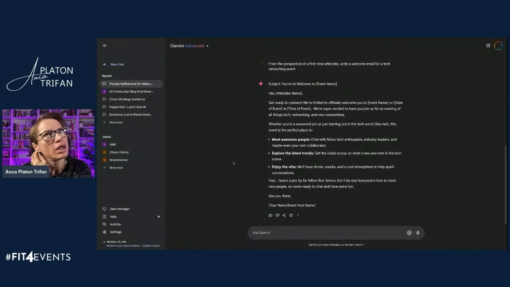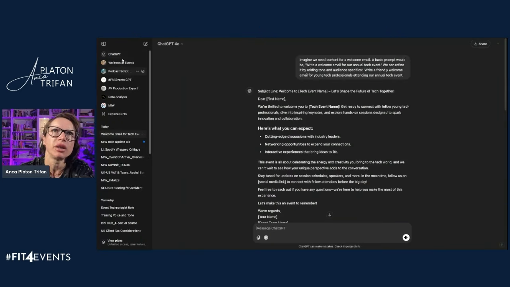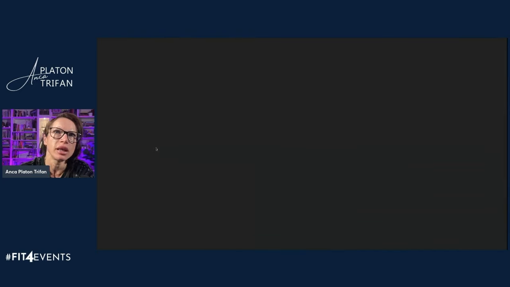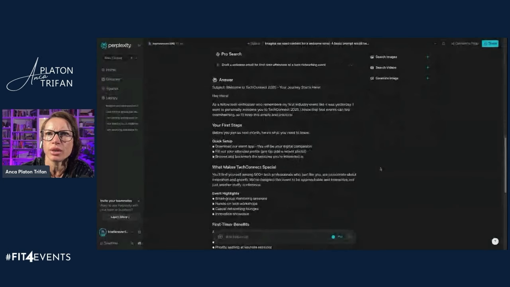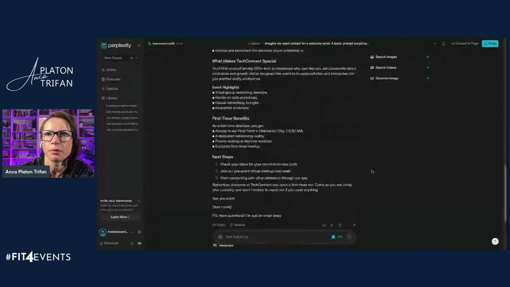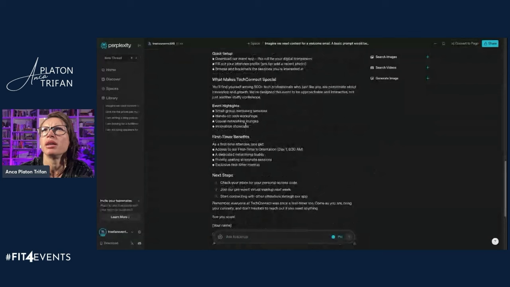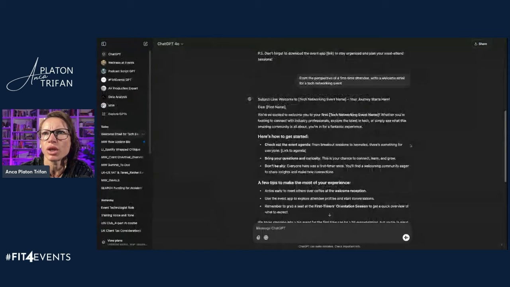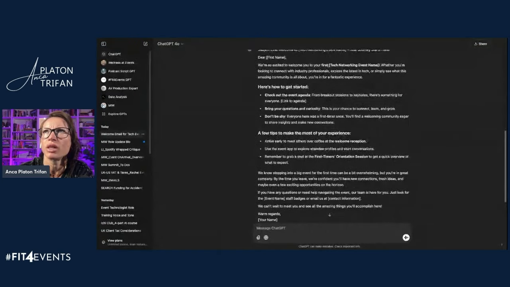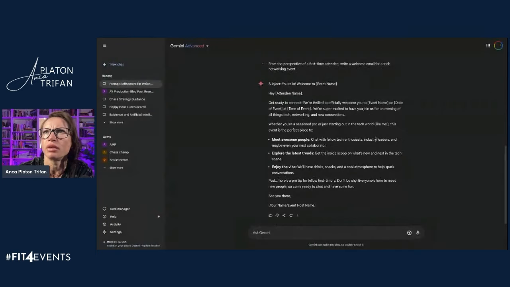One thing I wanted to mention here: Gemini actually now has the ability to create different gems, which is almost like what ChatGPT has with their different GPTs. Gemini calls them gems. All right, so we got some outputs, and that's actually pretty good. It's not bad. And then I would just go back and forth and see which output I'm the most happy with before I start customizing it even more.